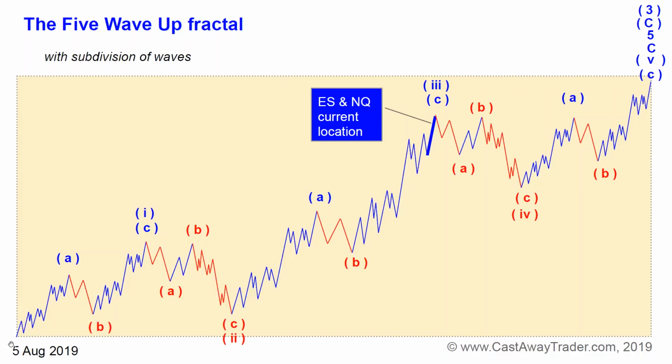Now, let's look at that rally that started on August 5th, 2019. I believe that ES mini and NQ mini are somewhere here. We are completing a minor wave 3. You see that it is labeled in lowercase letters, and probably we are going to get a pullback in January, February in minor wave 4 down. And only then we would get the very final micro A up, B down, and C up, which would finally complete that major top of wave parenthesis 3 up.